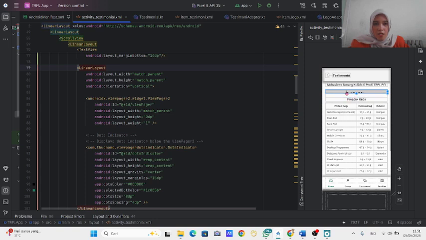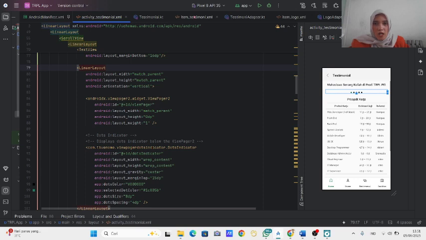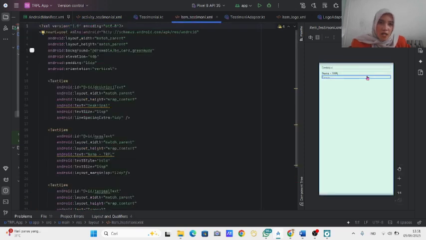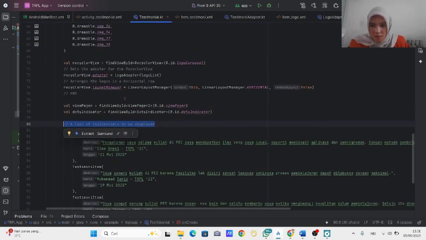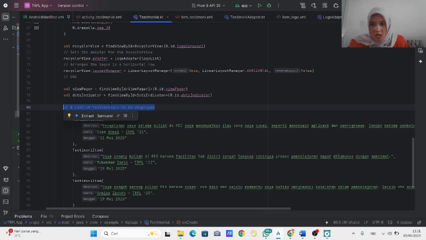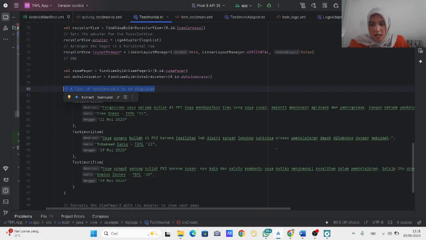For the carousel we use the item testimonial design, for description, name and date. And for the testimonial Kotlin, we use a list of testimonials to be displayed.